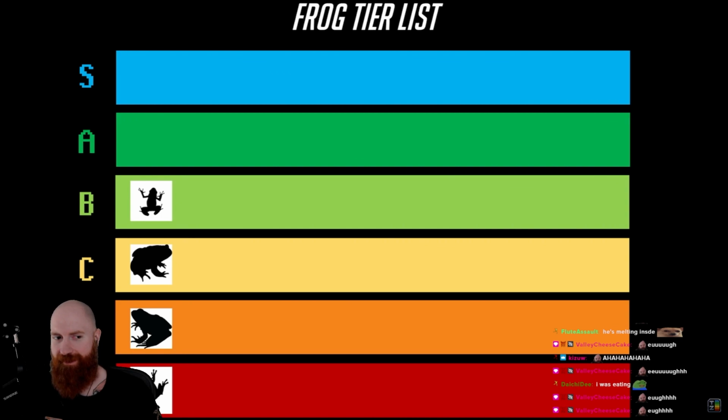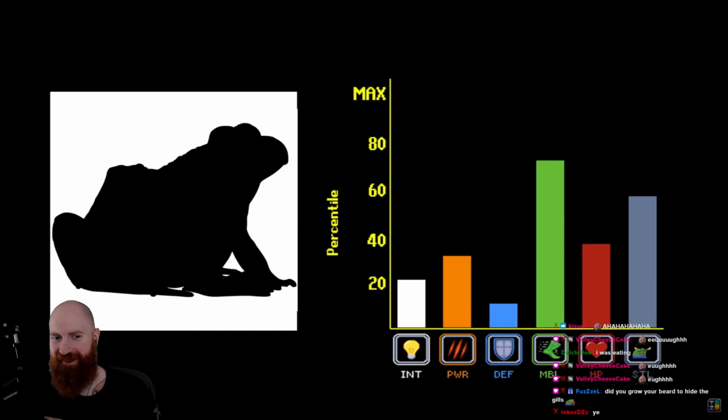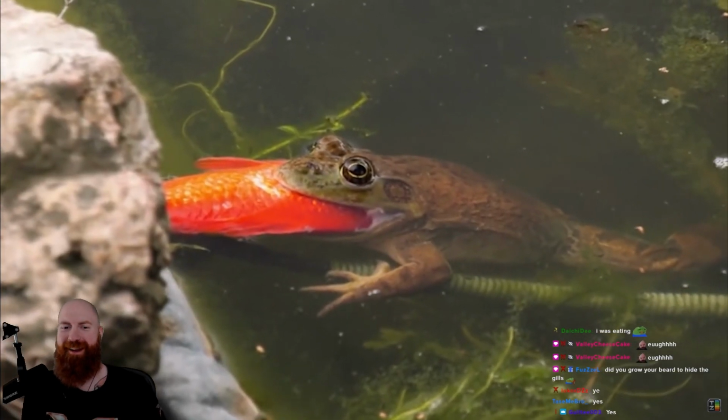In A tier, we have the Bullfrog, which is essentially just your basic frog build with greatly improved stats. Your average frog is vulnerable to attacks from